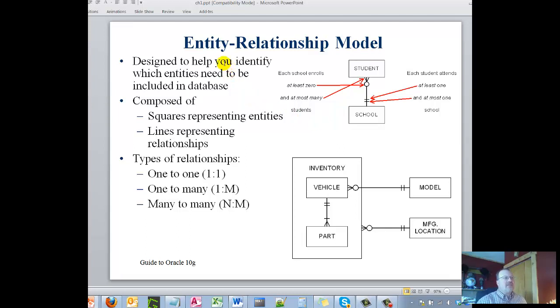So this ERD, Entity Relationship Diagram Model, is designed to help you identify which entities need to be included in the database, and is composed of squares that represent entities and lines that represent relationships. The square is the entity, and you put whoever or whatever the entity is within that square. And then this little crow's foot